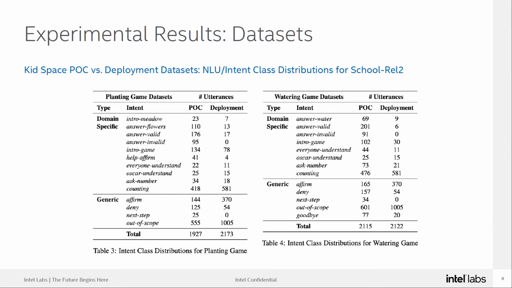But among those, we also have some generic ones, like affirm and deny, which happen in almost all dialogue systems, like yes, no kind of answers. And also out of scope is a big class here, because as I mentioned, since this is a multi-party conversation, the kids or the facilitator, the adult in the room, are not always talking to the agent, they talk to each other. So when we tagged those utterances, we needed to tag them as out of scope so that the agent should not answer. It's like the not-referring-to-the-agent class. So it's a mixture of almost all other things that we expect.